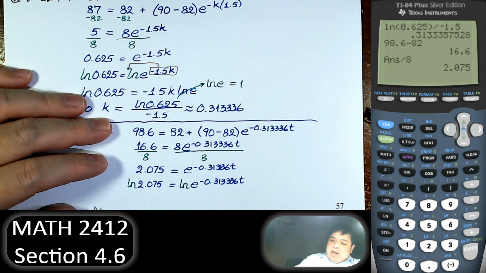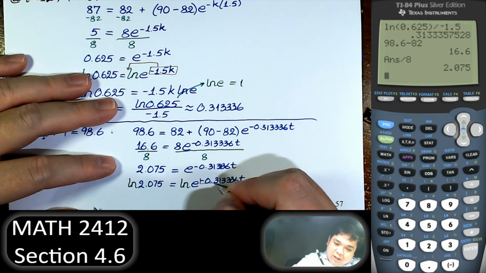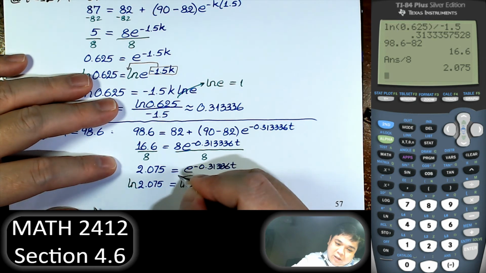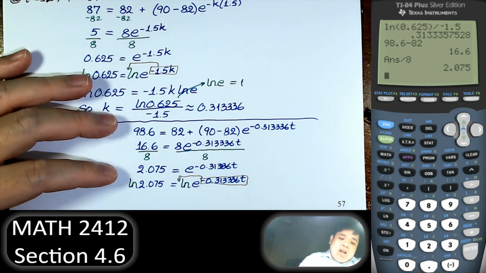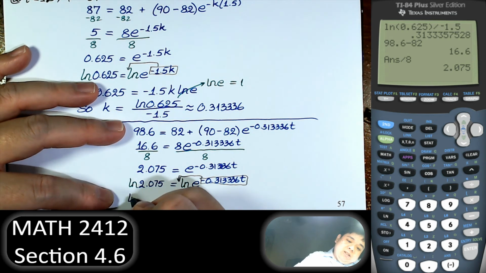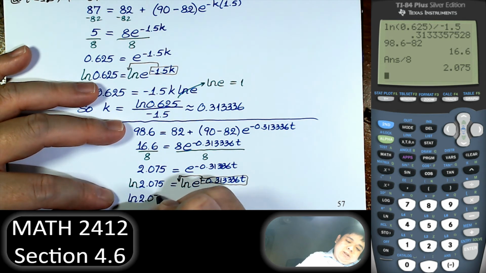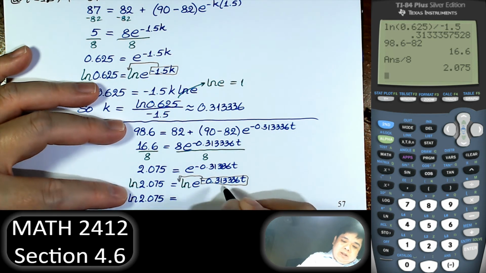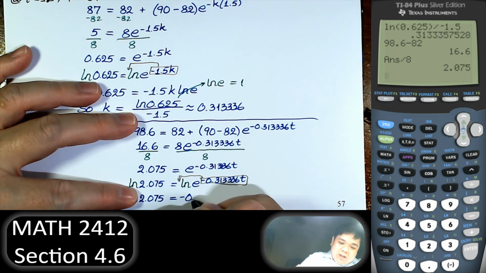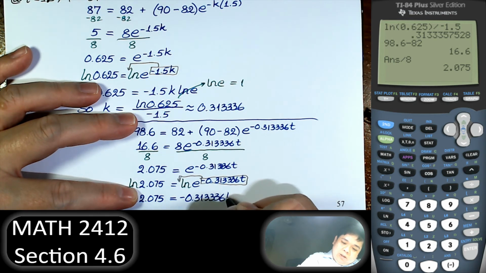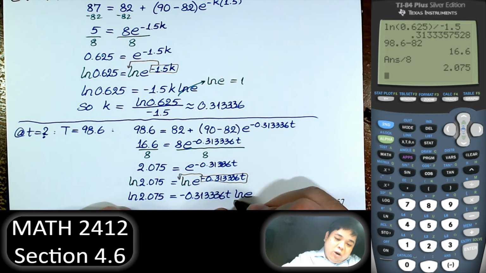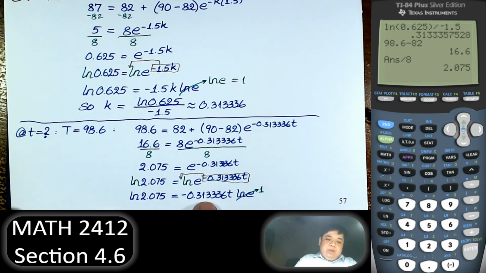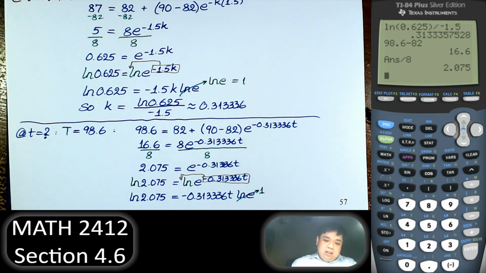And take the exponent outside. The routine is exactly like what we did earlier, except this time we solve for t instead of k. And we take that outside. ln of e is equal to 1. So we divide that to the other side, we have t